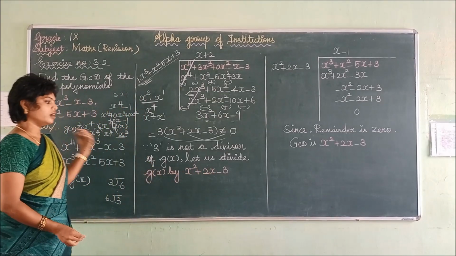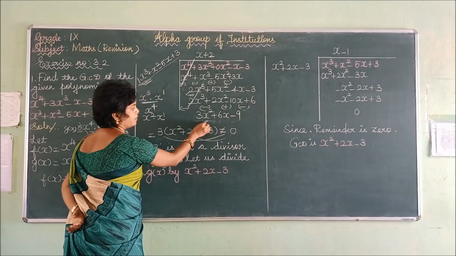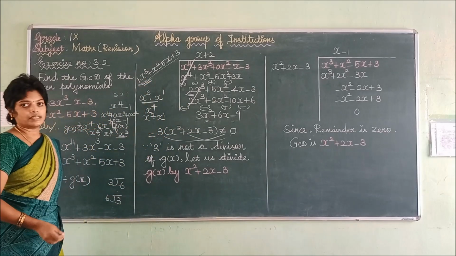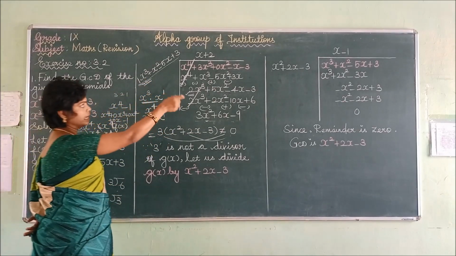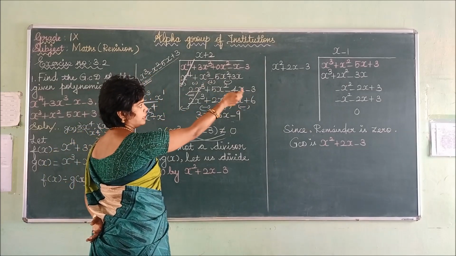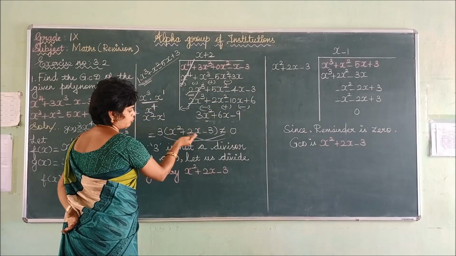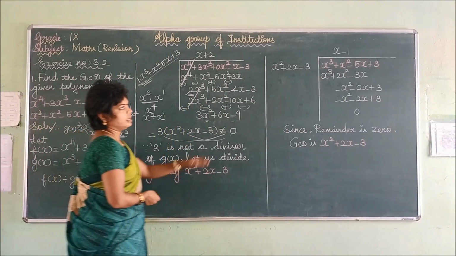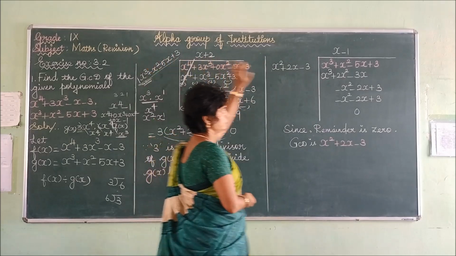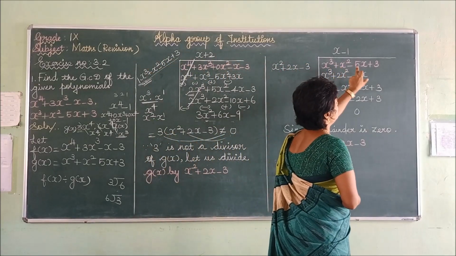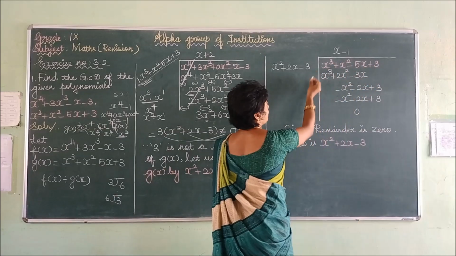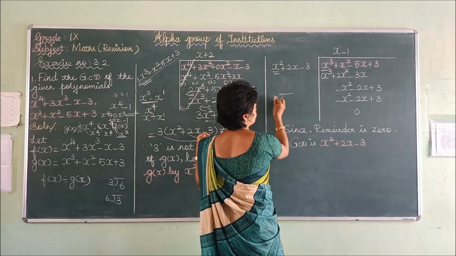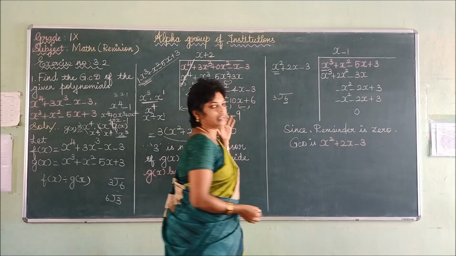Look at the reason why we are doing it like that. This is the smallest power and this is the biggest power. So the smallest power will divide the biggest power. So you can take x cube plus x square minus 5x inside, whose divisor is this value. We have written it here, no, that value will be a divisor. So look at that. What is written? This function g of x is inside. x cube plus x squared minus 5x plus 3. So look at the powers now. This is x cube, this is x squared. So is it possible? Yes. Smaller number outside, bigger number inside means we can easily divide.